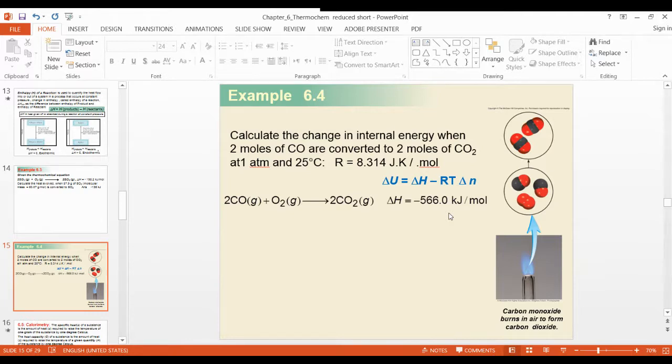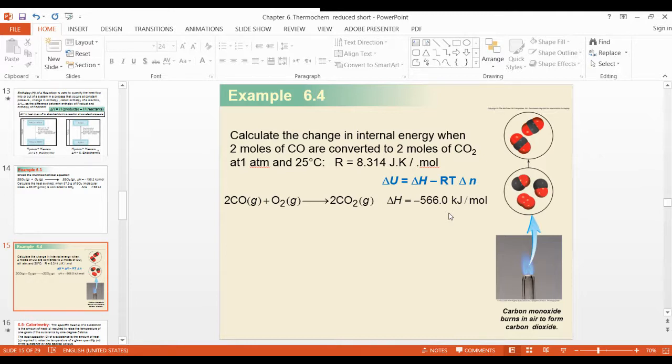So this is the formula related to the first law of thermodynamics, in place of the ideal gas equation. If you know that, you can convert this formula. The work done is a function of pressure and volume. Work done is equal to what? Pressure and volume. So PV is equal to nRT, and in place of pressure and volume you put nRT. n is the number of moles. Delta n, delta means what?